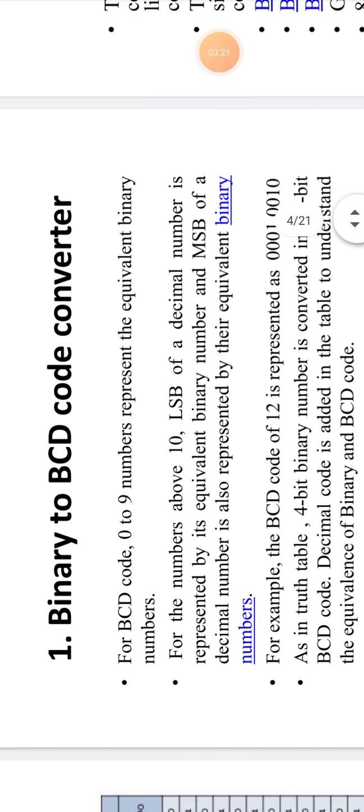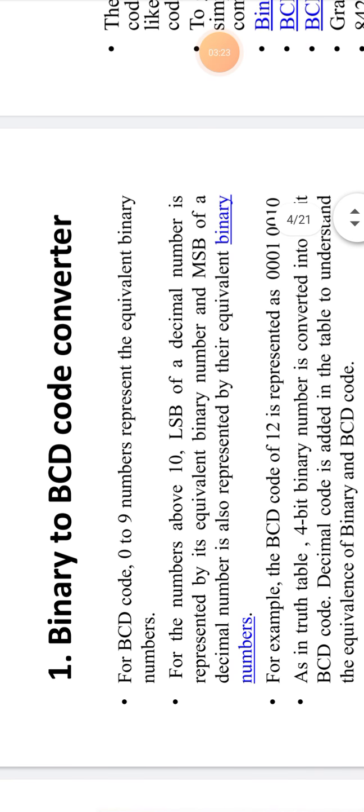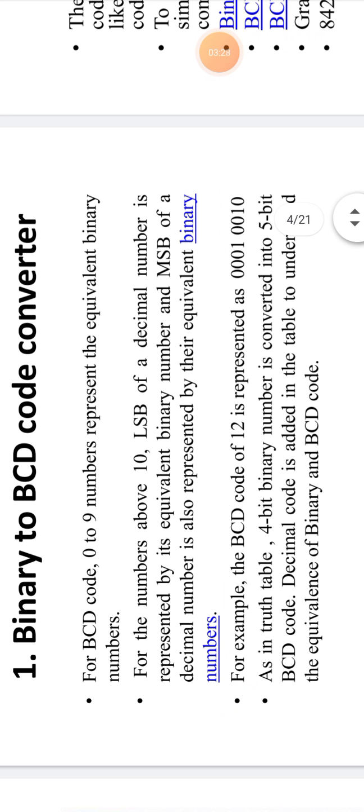For BCD code, numbers 0 to 9 are represented by the equivalent binary numbers, and for numbers above 10, the LSB of the decimal number is represented by its equivalent binary number, and the MSB of the decimal number is also represented by the equivalent binary number.